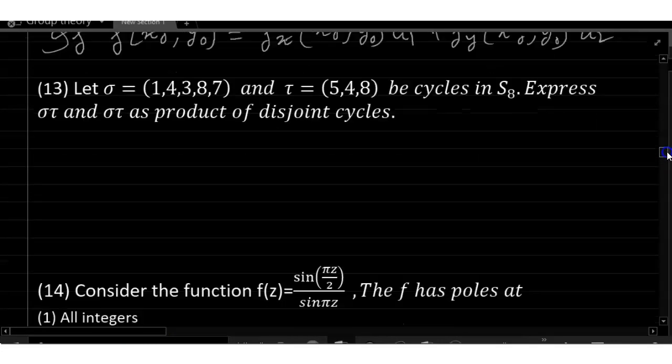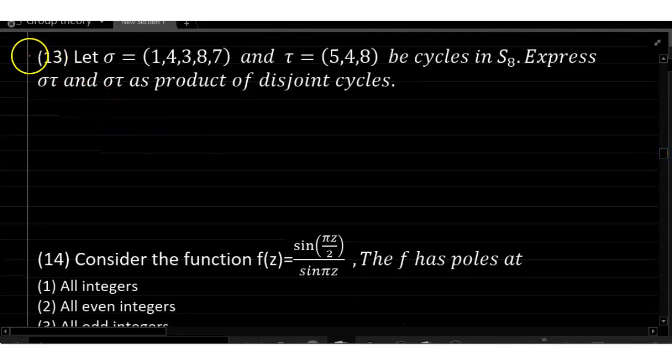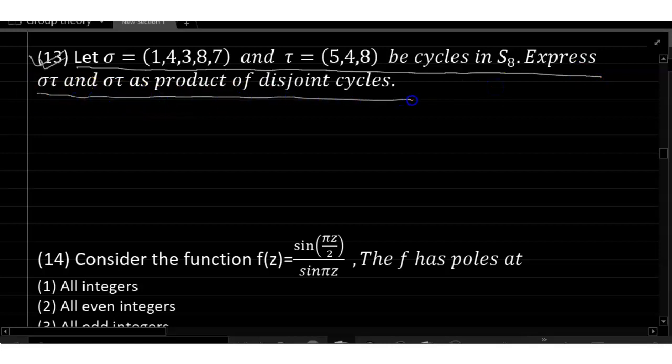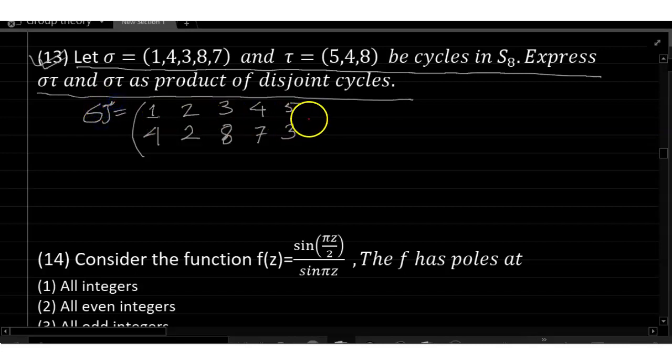Next, number 13. Let sigma equal (1 4 3 2 8 7) and tau equal (5 4 8) be cycles in S8. Express sigma tau and tau sigma as a product of disjoint cycles. So sigma equals 1, 4, 3, 2, 8, 7, and tau equals 5, 4, 8. Sigma tau equals, this is where I will find out,